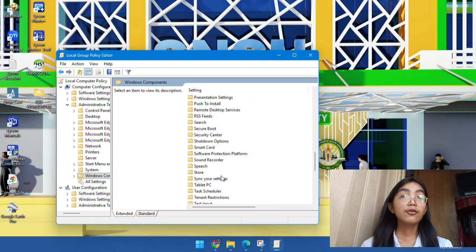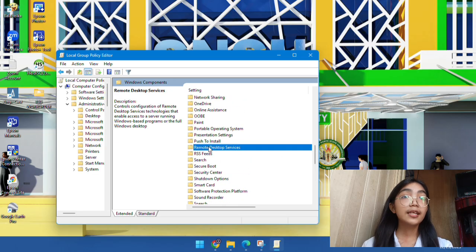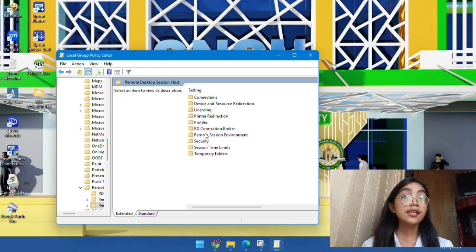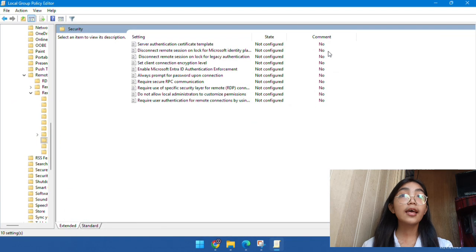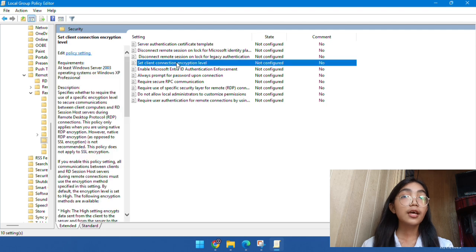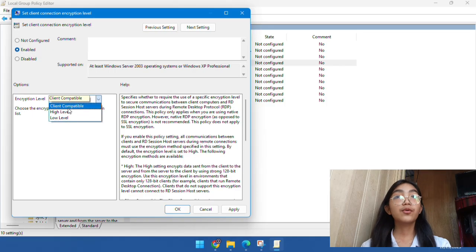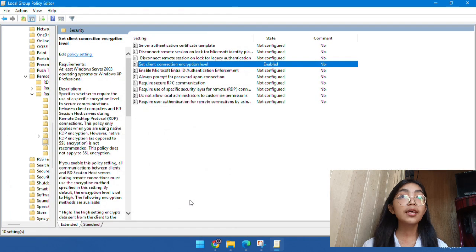From there, go to Remote Desktop Session Host and click Security. Locate the policy called Set client connection encryption level, double-click it and set it to Enabled, then choose Medium or High as the encryption level and click OK. This will ensure that all Remote Desktop connections use encrypted communication, making it difficult for attackers to intercept or